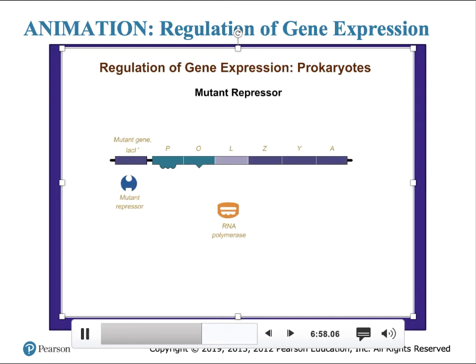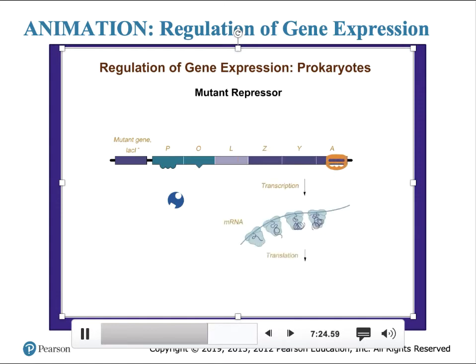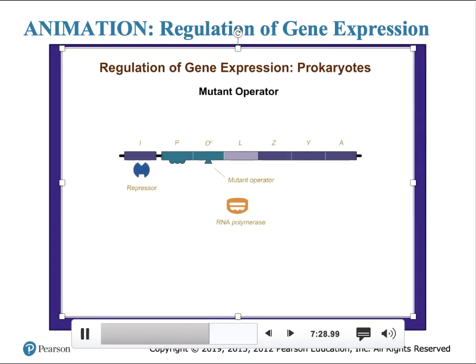Mutations in the Lac operon. If a mutation in the Lac-I gene results in a repressor that cannot bind to the operator, the Lac-I negative cell cannot turn off the operon, and the mutation is called constitutive. When lactose is absent, a normal repressor would bind to the operator and block expression of the structural genes. However, the mutant repressor cannot bind to the operator, and the genes are expressed whether lactose is present or absent.